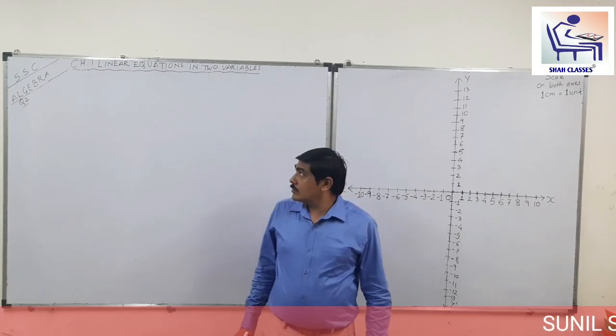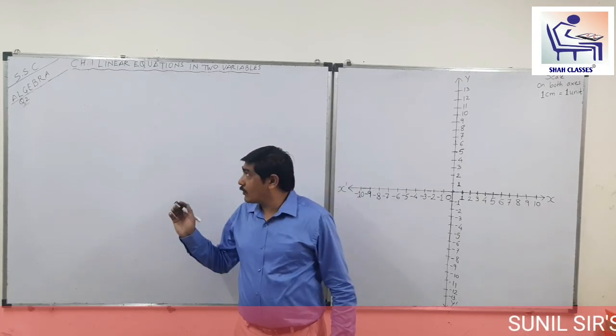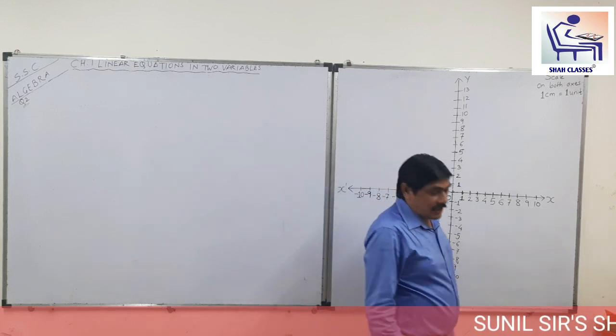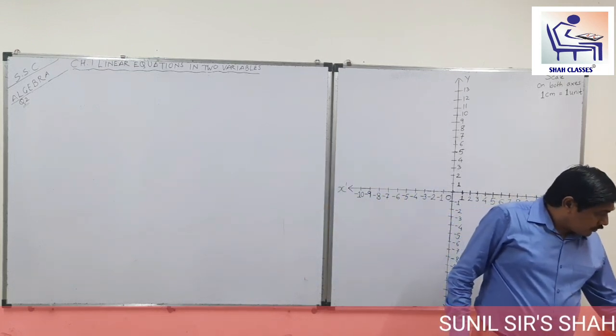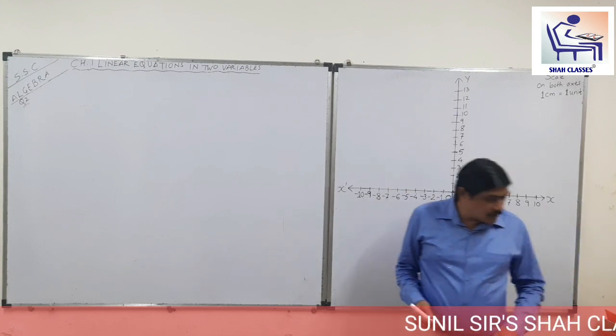We have to do now the sum number 6. That is our last sum. This is also a little bit tough sum. We have to see here 2x minus 3y